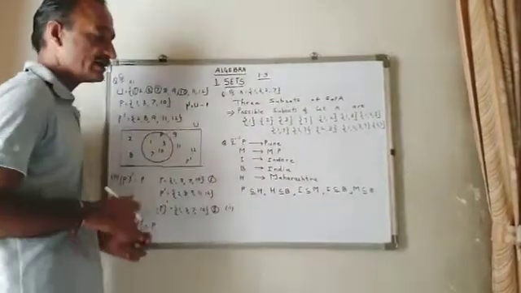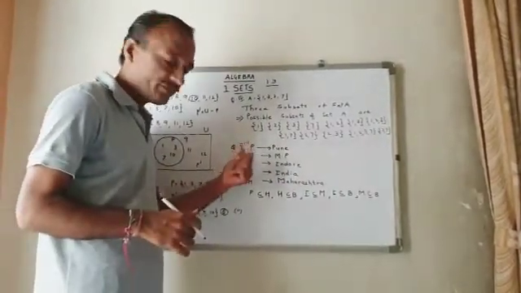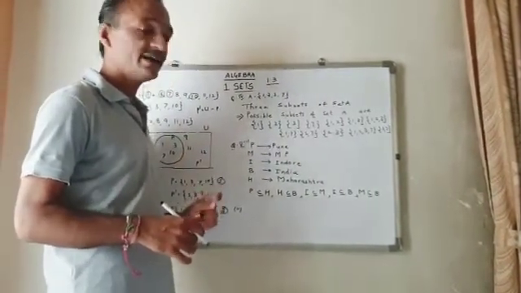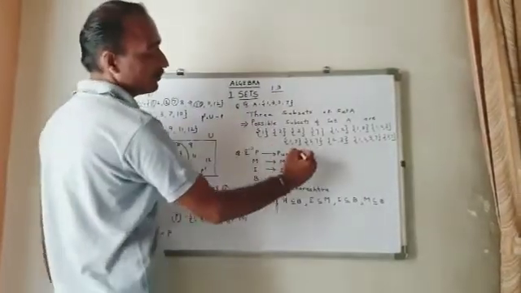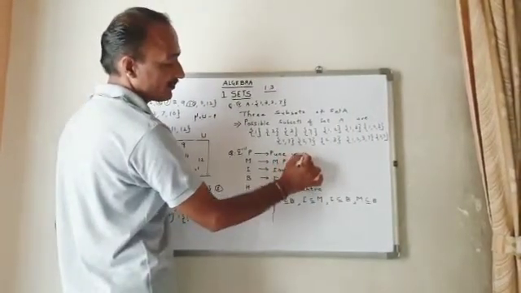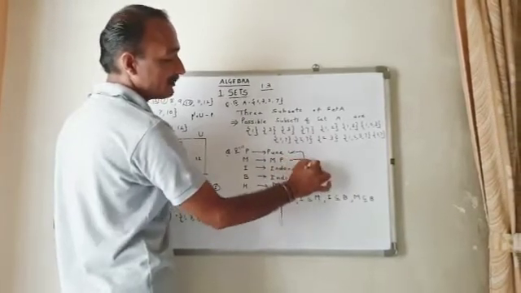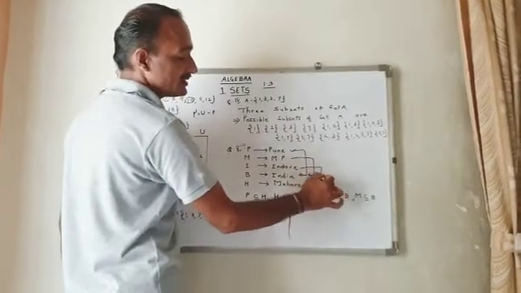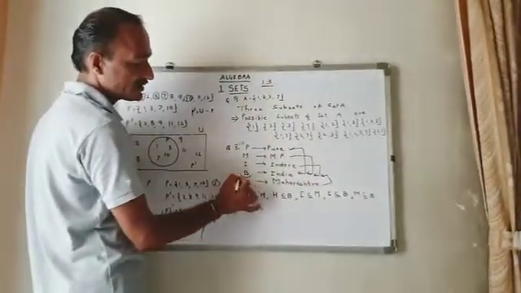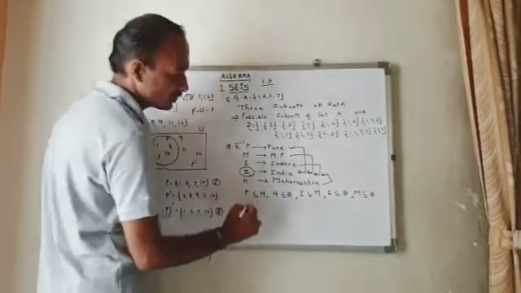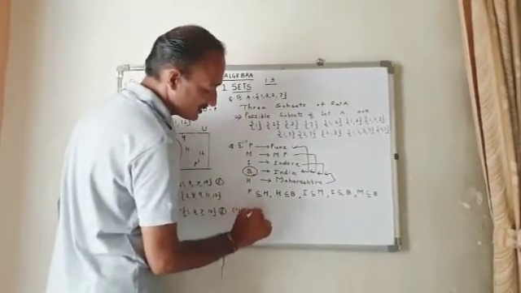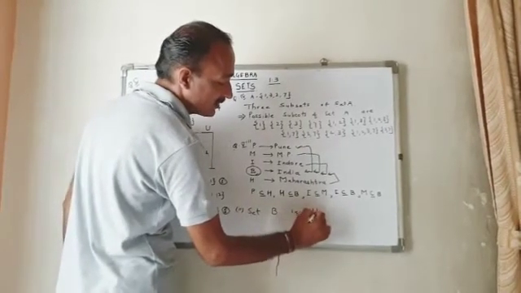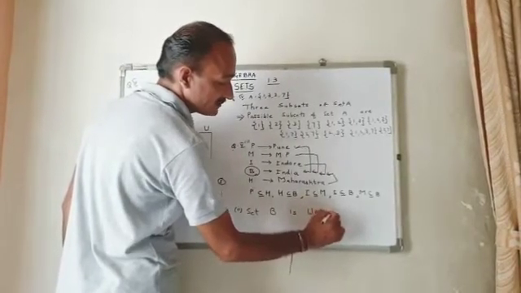Now question number 2 says: out of P, M, I, B and H, which set can you say is the universal set? See, everything: Pune comes in India. Madhya Pradesh is a subset of India. Indore is a subset of India. Maharashtra is a subset of India. So which is the universal set? B. So set B is the universal set.